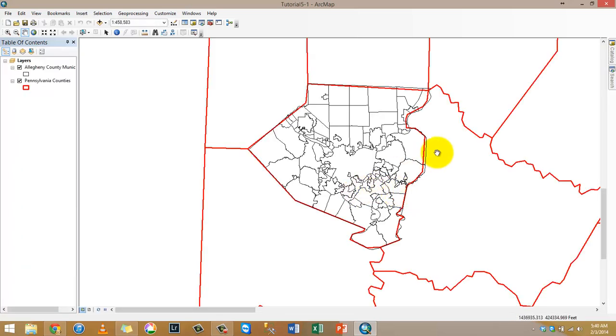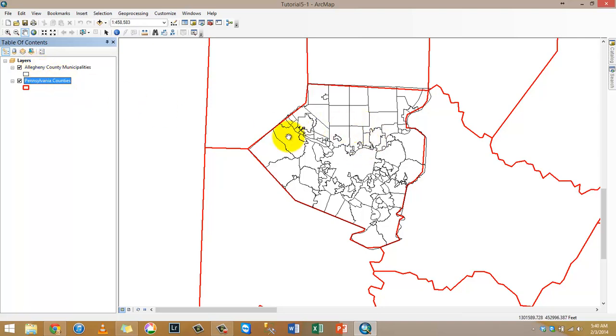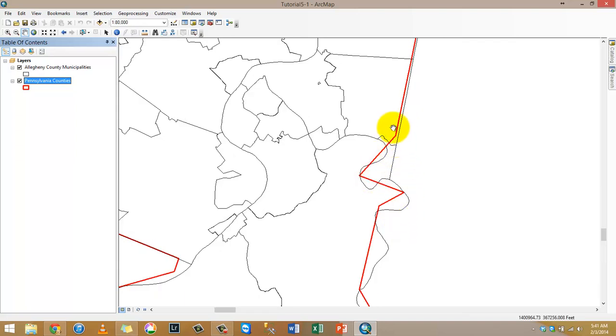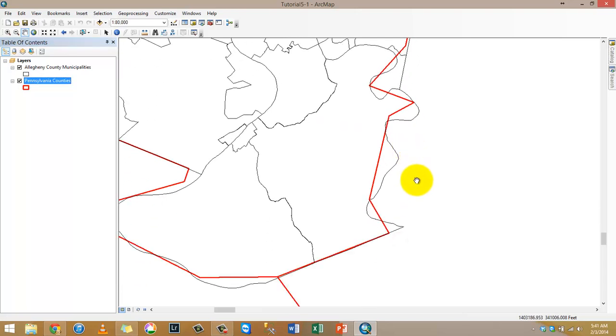So let's examine these two data sets that we have here, which is Allegheny County municipalities, which is this one, the one in the black outline. The one in the red outline is the county layer. Typically these two should line up, but since this Pennsylvania counties layer doesn't have proper resolution, which means it was drawn at a pretty small scale, it has a small amount of detail, when I actually zoom in, as you can see, I'm missing out on all the exact boundaries, and all I have is a bunch of nodes